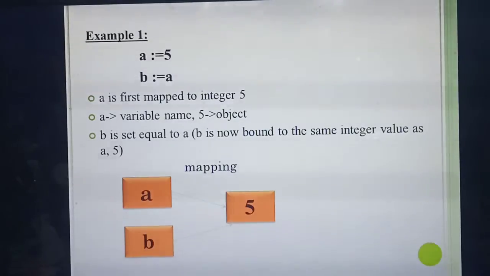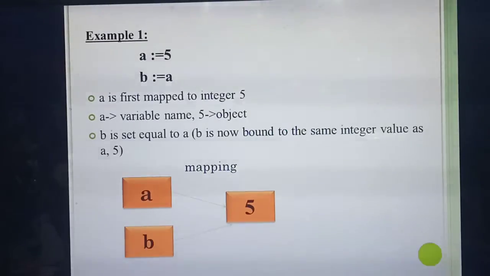Why? Because in the second line they have given B colon equal to A. That means whatever the value of A is, that value will be assigned to the variable B. How many variables are there here in total? 2. What are they? A and B. What's the object? Object means nothing but values only, we are calling as an object. So 5 is an object. By saying that example we can draw the diagram like this. See A and B: now the value of A is 5 and B is also 5.